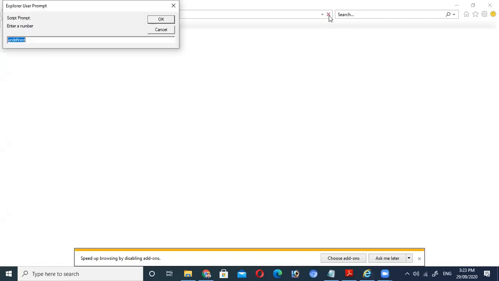I'm again refreshing this and entering 12. I'm checking it again. When I click on the OK button, you get the answer that the given number is not divisible by 5. Means when you enter 12, the divisibility checker says the condition evaluates to false, and so you get the sentence written in the false block.